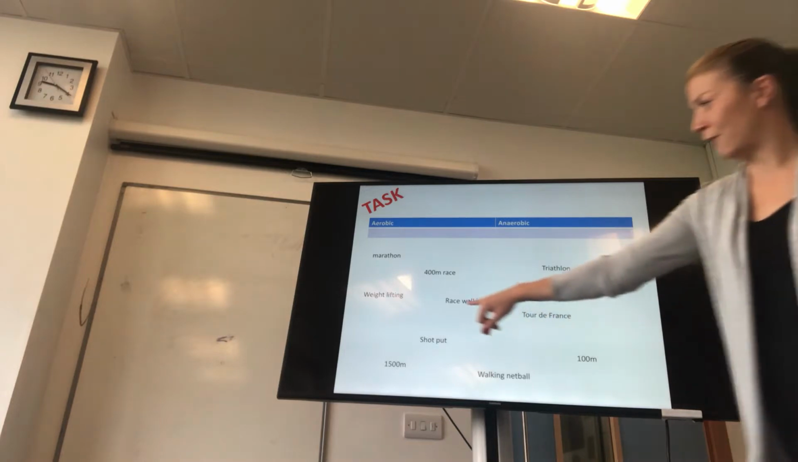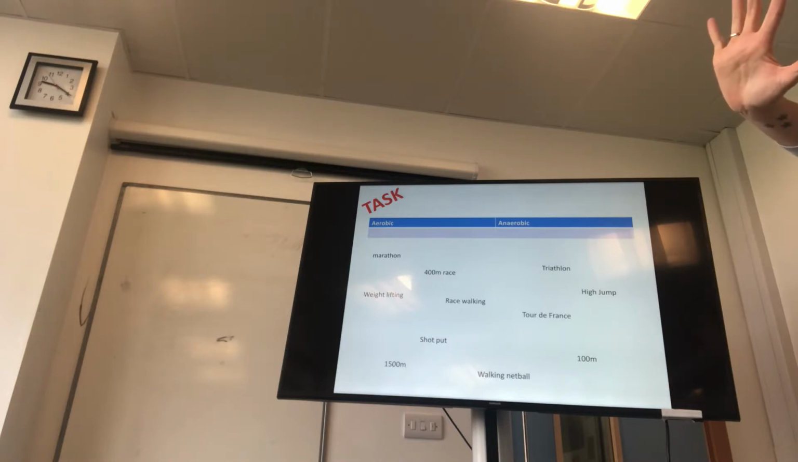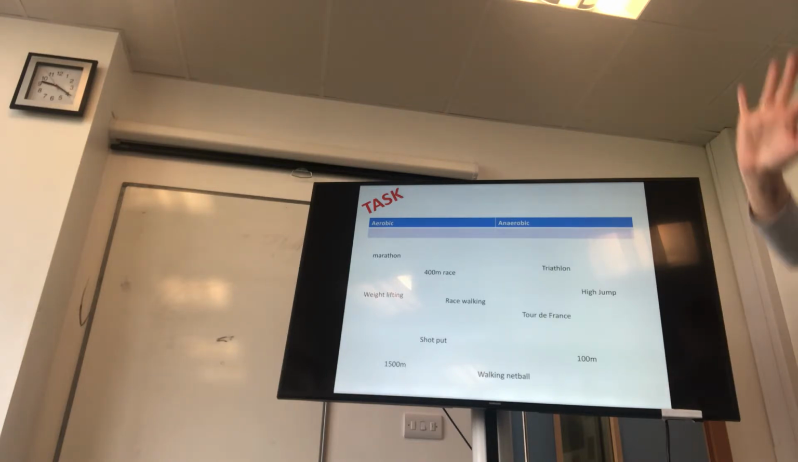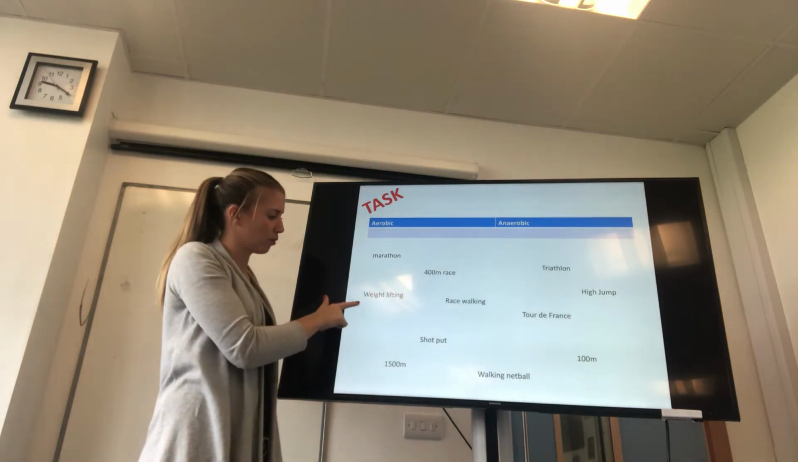Whereas if you think about weightlifting, although you might do it for a long period of time, it's the one movement. So that movement is quick, so we're not going to get the oxygen in quick enough to do that big chest press. So where would marathon be, aerobic or anaerobic? Aerobic. Yeah, it's long, so we're using oxygen. Weightlifting,